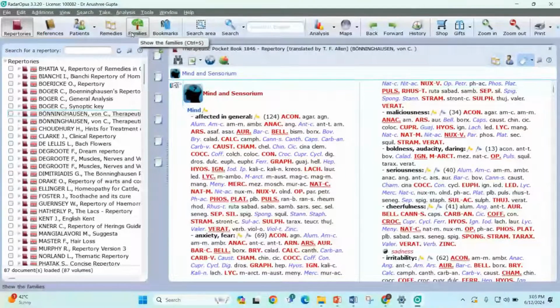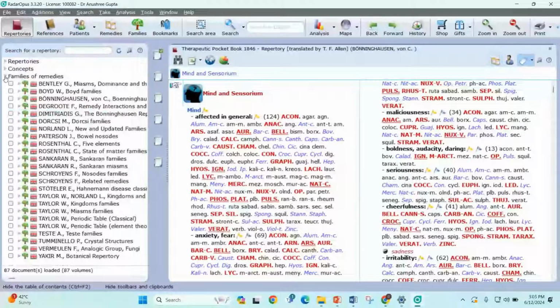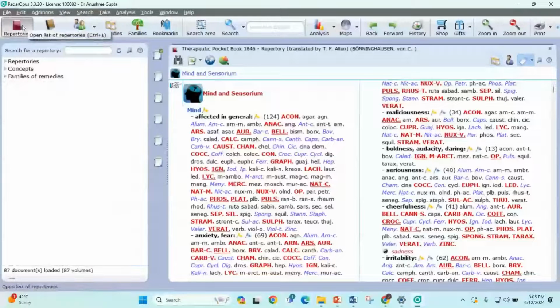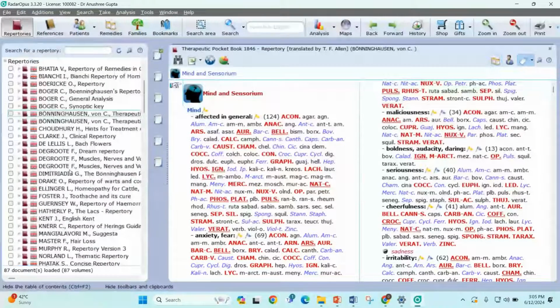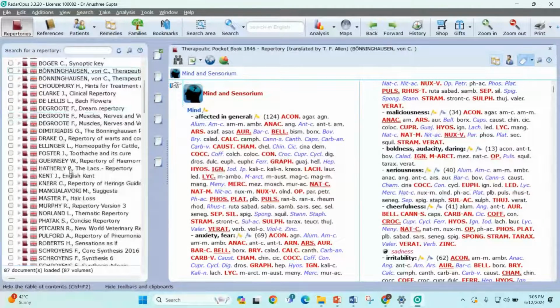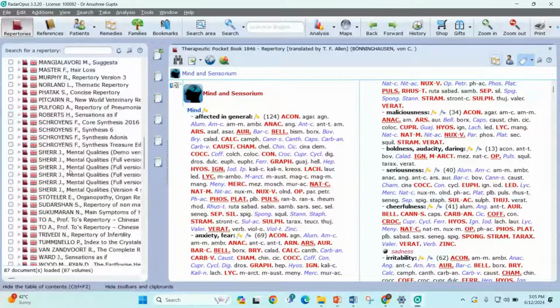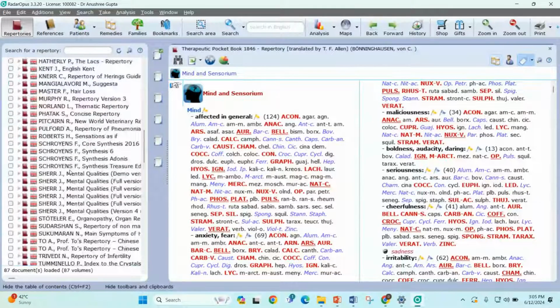Starting with these 5 primary icons of the software. Clicking on repertories opens these kinds of contents. These 3 contents are visible under the repertories icon. On whichever content you click, you can see the list and table of that particular content being opened. So you can scroll and select amongst the repertories present in the software.